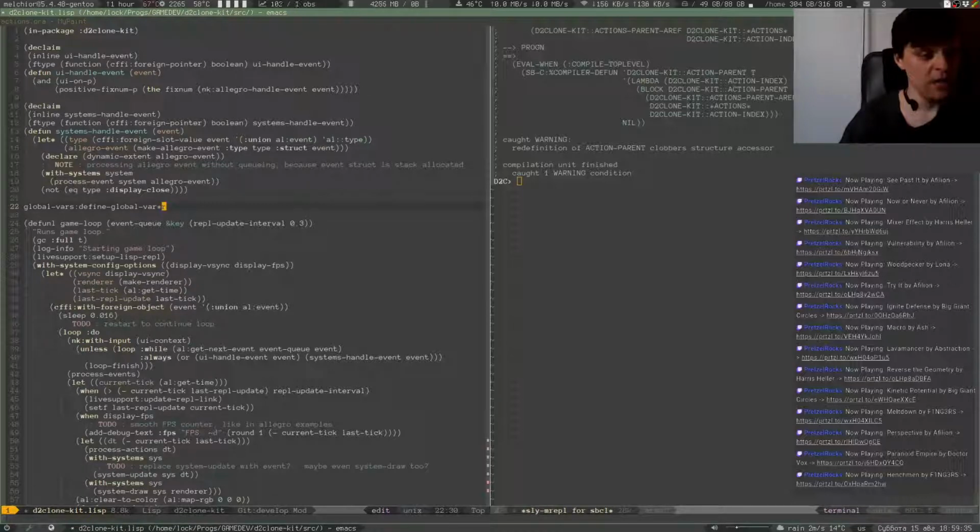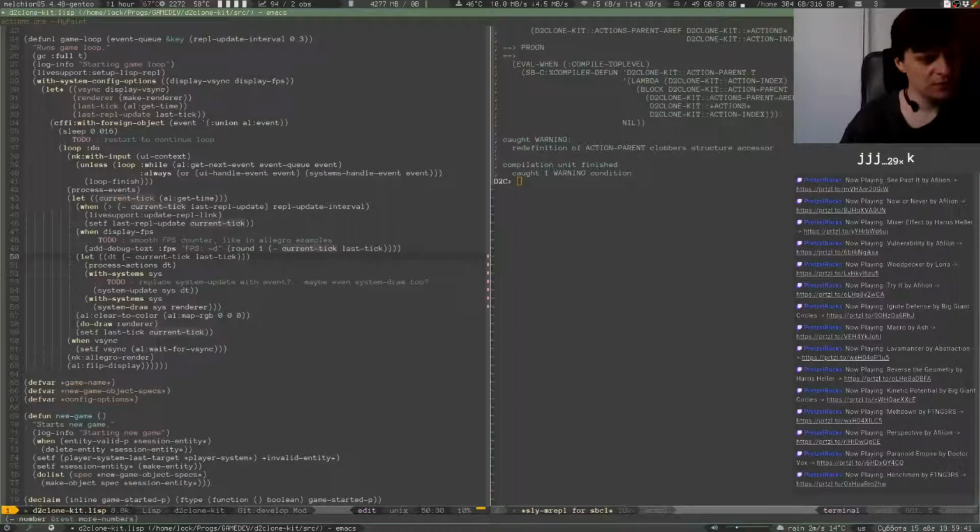And this way, I guess I wouldn't even need to sleep here, because this sleep was so as not to divide by 0 in the FPS calculation, right? So where was that? Yeah, round 1. So when, oh wait a sec, current tick,